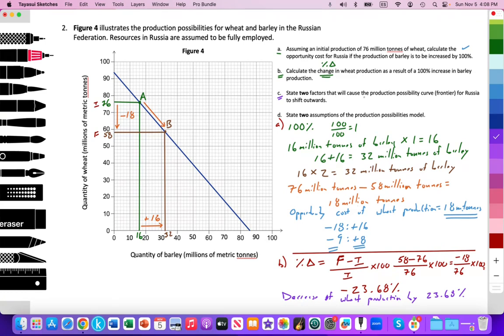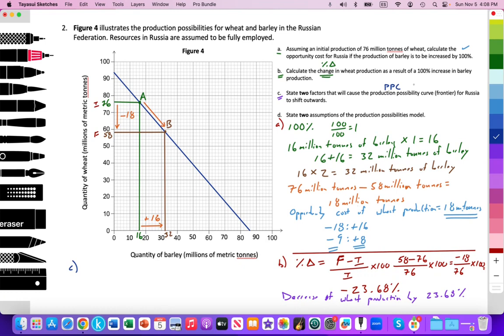State two factors that will cause the production possibilities curve or frontier for Russia to shift outwards. Pause the video and think about how you would answer that. What would your two factors be? Pause the video now. Okay, so what would your answer be? For question C, you should at least be able to come up with three. I often tell my students that there's three things that can cause a shift in the PPC curve